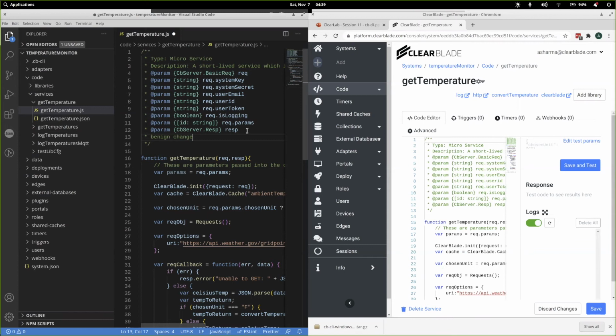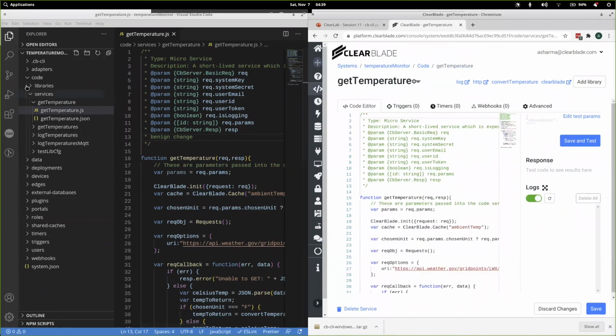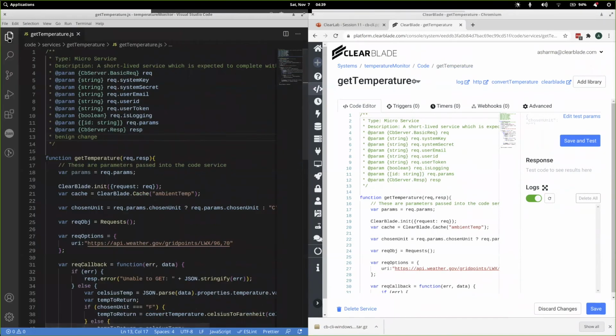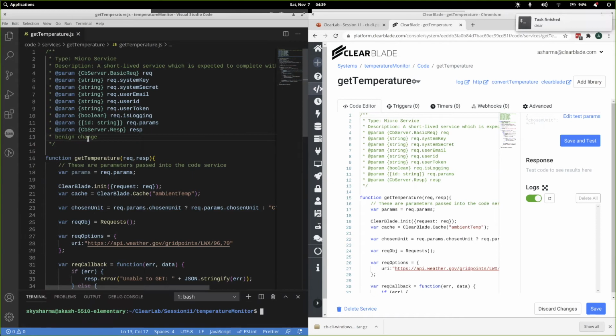And I'm going to go ahead and save it. And obviously it's not here, but I'm going to use cbcli to push the change. Now I can actually bring up a terminal right here within VS Code